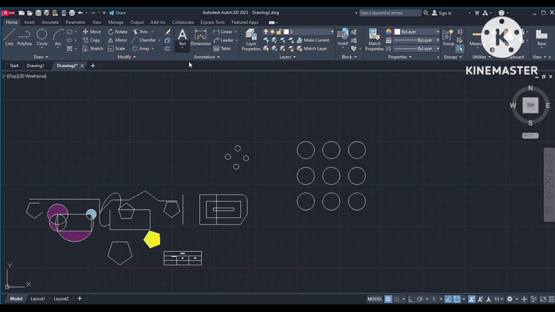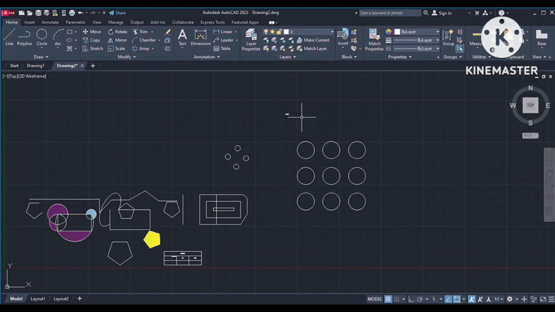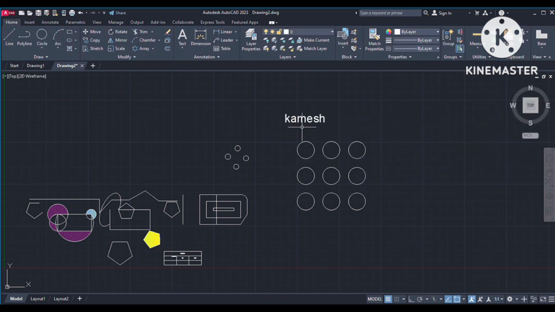You can go to text, multi-text, click here, drag here, write your name. Okay. Everyone try to listen carefully, because if it is showing very small, what you will do is click on this, select here, increase the size of that, then click outside, and automatically it will come